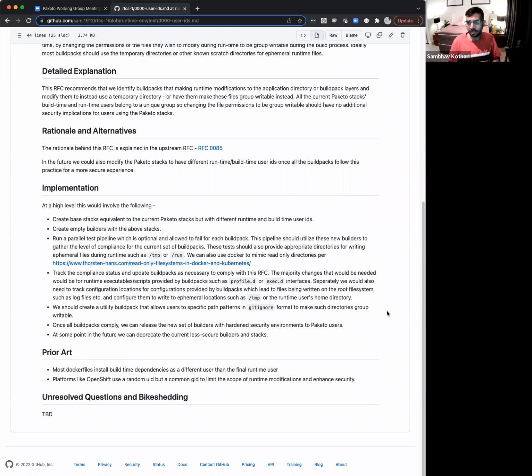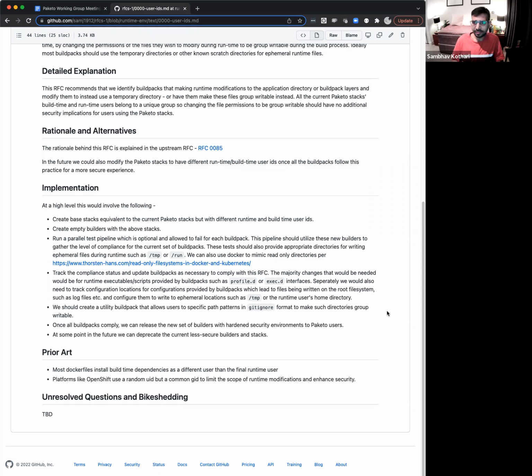One, get an idea of the compliance of existing buildpacks, and in the future, if you're adding new functionality to a buildpack that's already compliant, we'll be aware that this thing is a breaking change for this specific RFC, and we can potentially discuss how to deal with that in that specific pull request. But it will at least give us an idea of what buildpacks are currently compliant, and if they are compliant at any point, if we are adding new functionality, are they becoming non-compliant with this RFC?